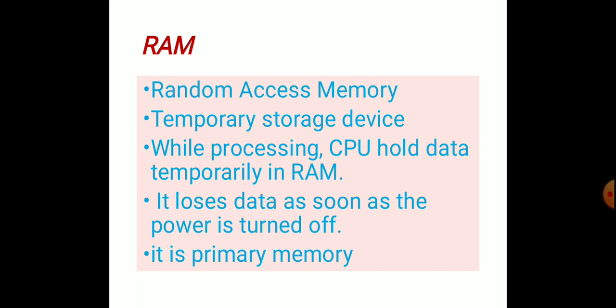Before saving the data, it will be stored in the RAM. Suppose if power off takes place, it will be removed from RAM. It is a temporary storage device. While processing any instructions, the needed data can also be stored in the RAM. The data which is currently being processed is stored in RAM. This is a physical structure of RAM.